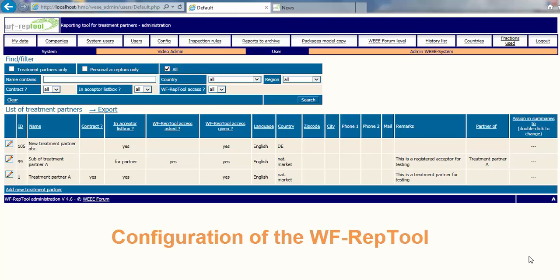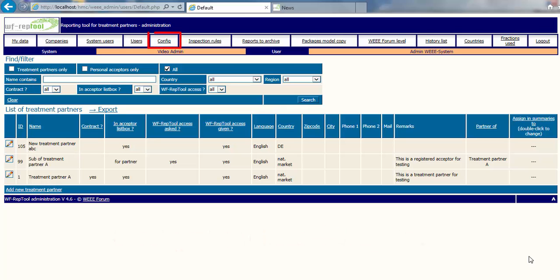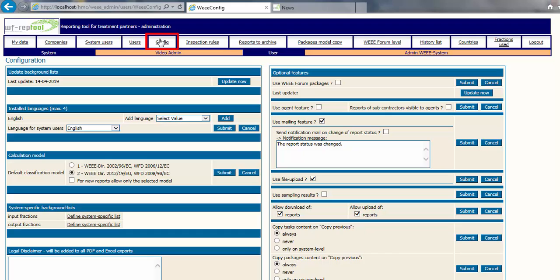Hello and welcome to this video tutorial on how to do the configuration of the RepTool, the adaptation of the tool to your wishes and needs. Under the main menu point Config, you will find a comprehensive list which includes options to do your individual settings